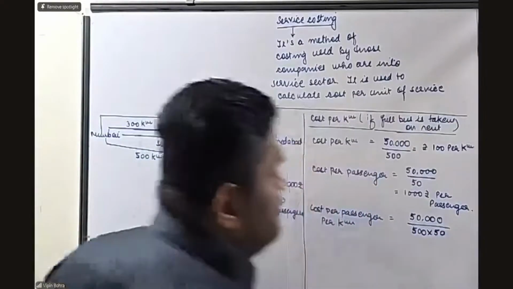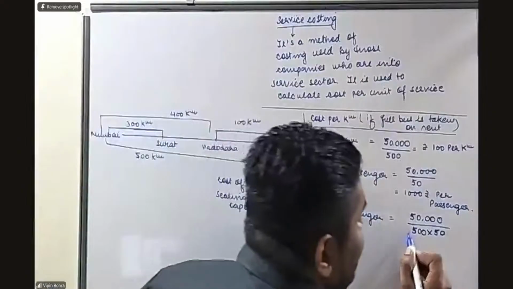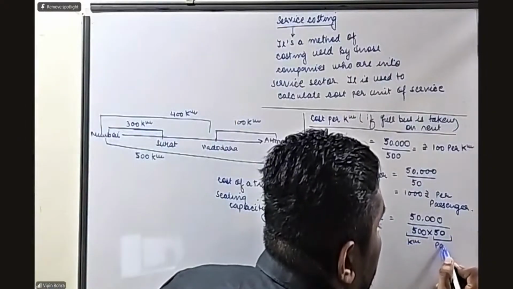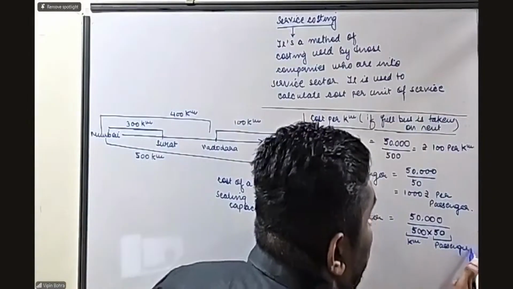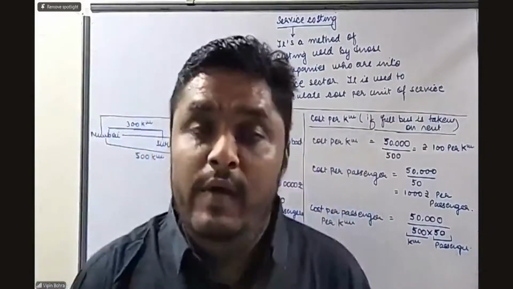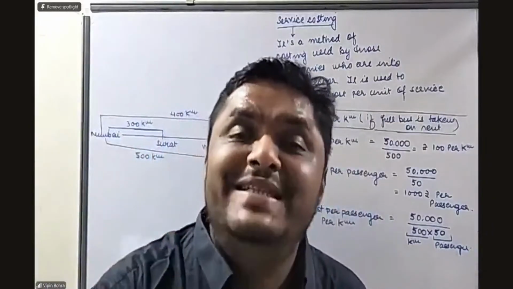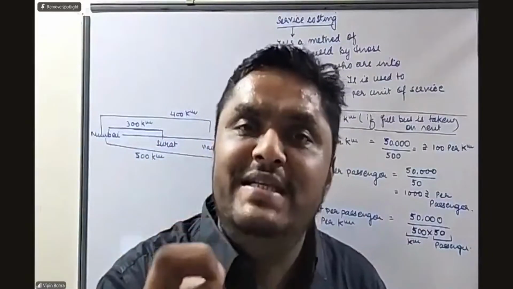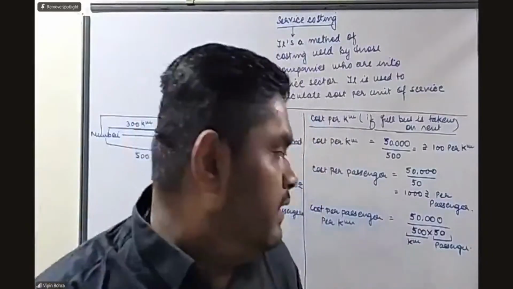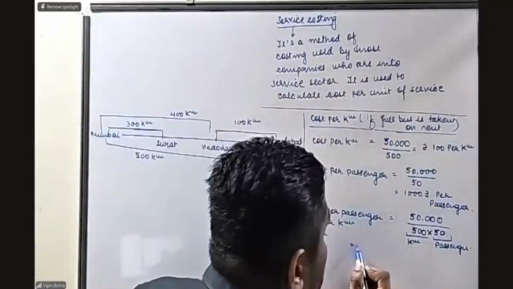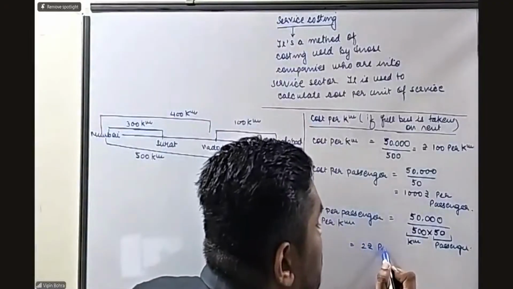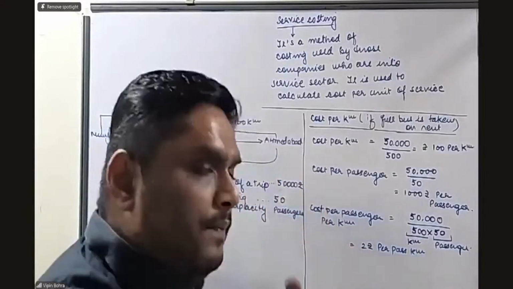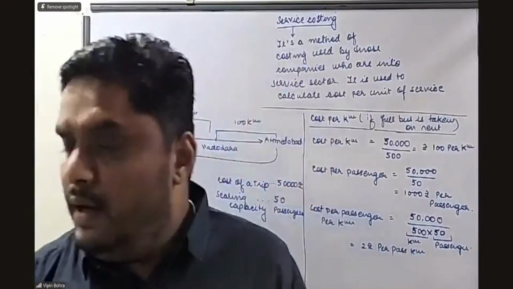50. So herein we have considered the kilometers also and the passengers also. So we'll be getting the cost per passenger per kilometer. That is the cost for every passenger for every kilometer traveled. So this will be rupees 2, 2 rupees per passenger kilometer. Now let's say,